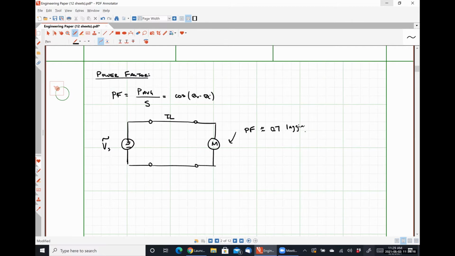0.7 lagging. It could be higher. So like the fans here in this room, when they are set on speed 3, they're drawing the most amount of power, which means that that induction motor is doing the most amount of work. And so we would see that the power factor is actually probably somewhere closer to around 0.6 with the speed